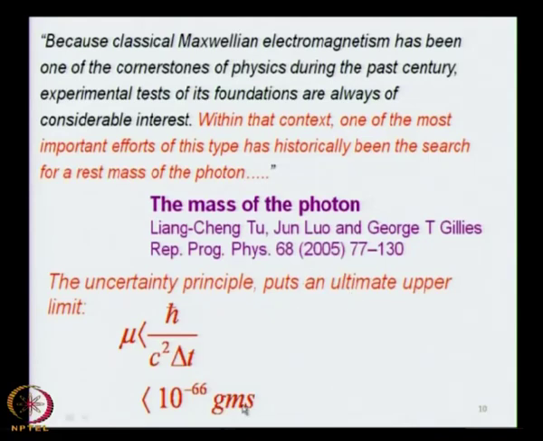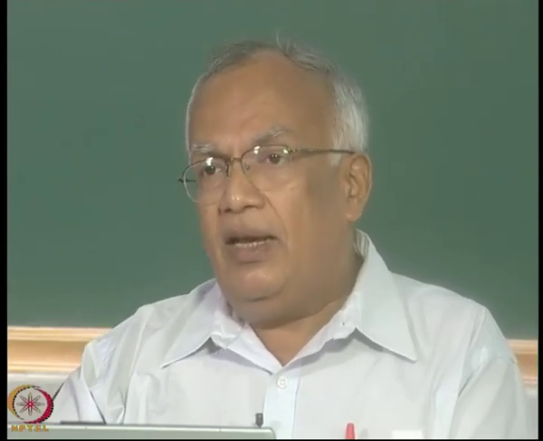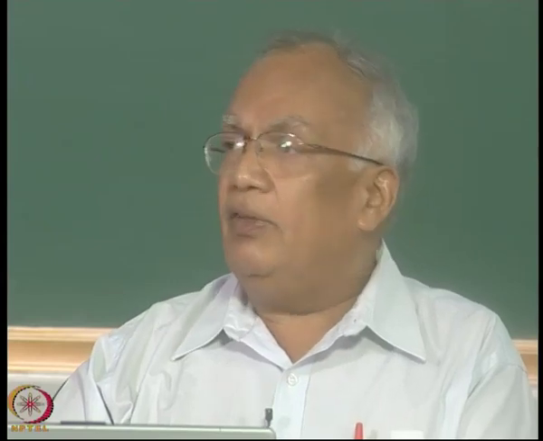That does not guarantee that it is 0. It does guarantee that the photon rest mass is extremely tiny, but any experimental verification of this will be very intimately connected to the validity of the 1 over r square